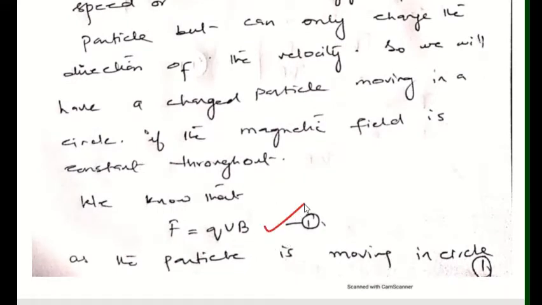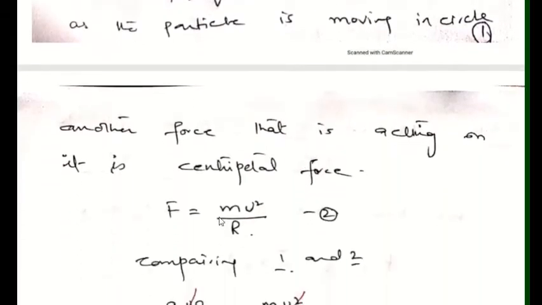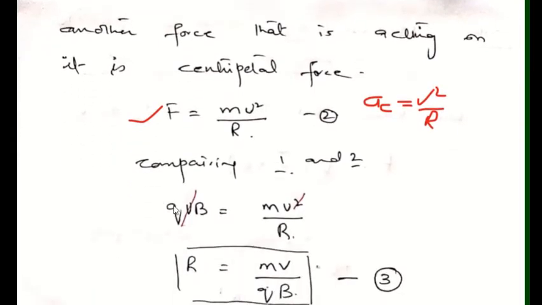So now we have two forces acting on this particle. One is the magnetic force, that is F equals qvB, and the other is the centripetal force, that is F equals m a_c, where from our previous knowledge of mechanics, we know that centripetal acceleration equals v squared over R. So I can replace this a_c with v squared over R. Comparing these two forces, I get qvB equals mv squared over R, cancelling velocity from both sides,